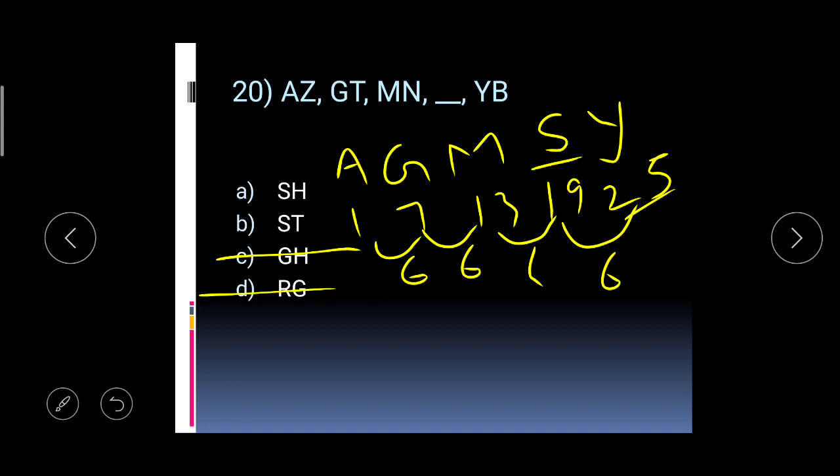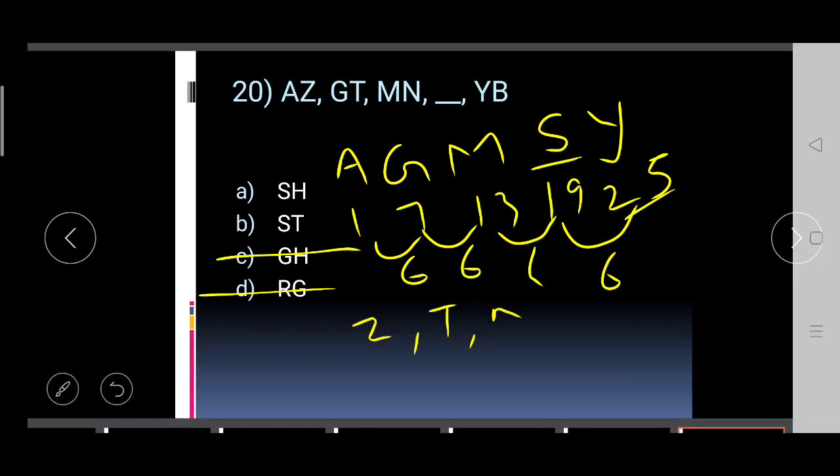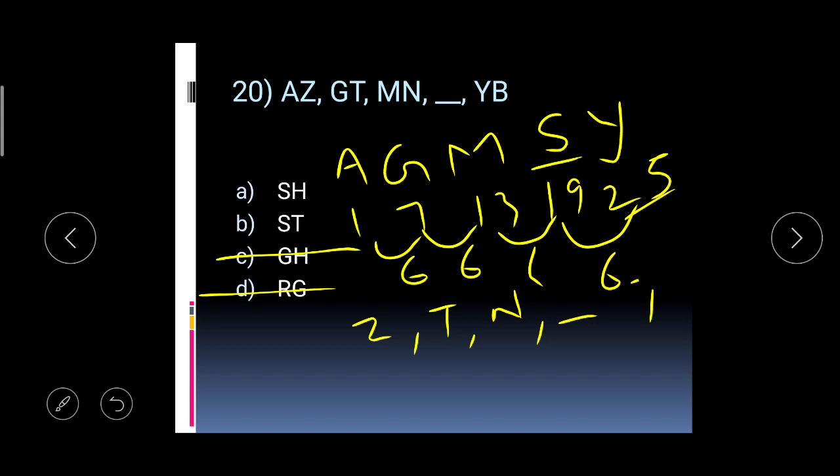See, by looking at the options, you can very well tell me that B is not the answer, because T in the next term is already used, so it is already a decrementing series. So T cannot be the answer, and we are left with only one option, A. So if you don't have much time, then you can directly take A. But we will just find out also Z, T, N, and B, right?